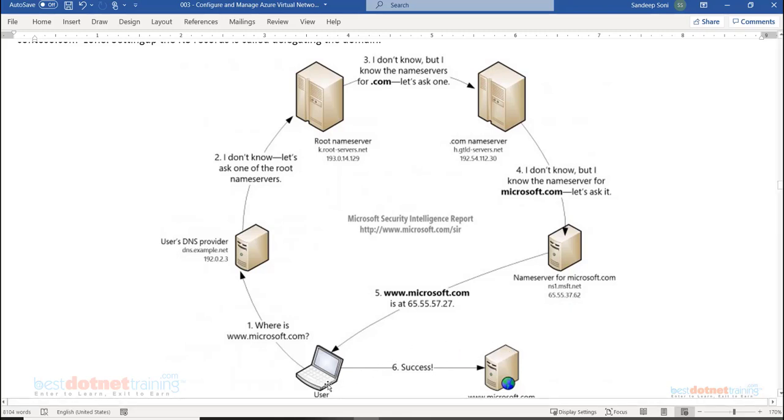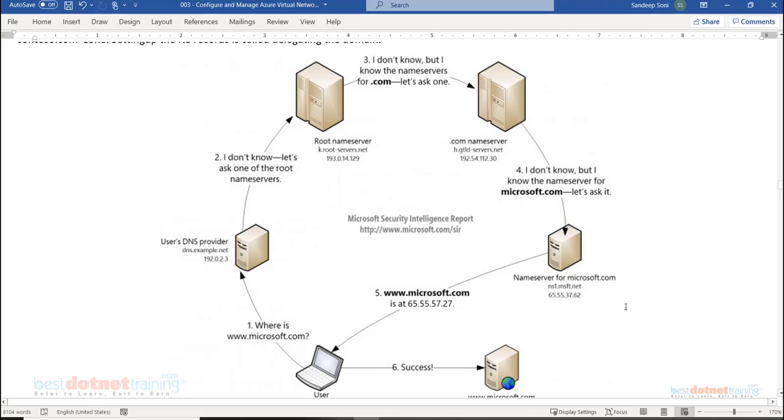One is from the end user angle, where each one of them has their own DNS server. So if you are visiting my website, your DNS server will be used. If I am visiting a site, another DNS server which is configured in my network will be used. So everybody has one DNS server configured in their network. This is from the end user point of view.